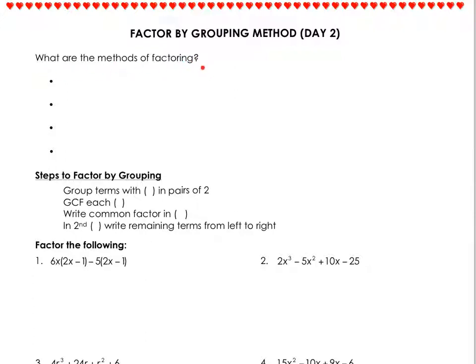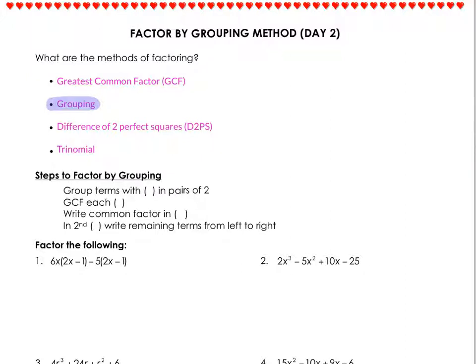So what are the methods of factoring? They are greatest common factor or GCF, grouping, difference of two perfect squares or D2PS, and trinomial factoring. So today we're going to focus on a new one,